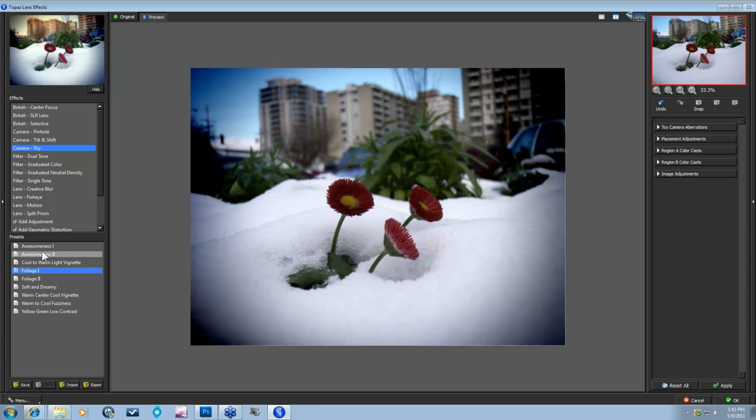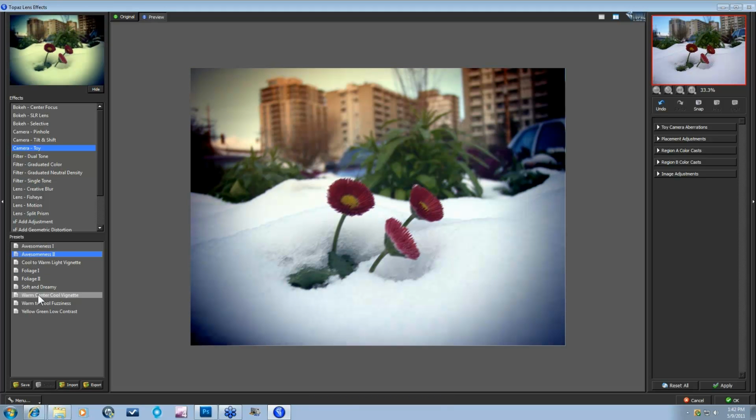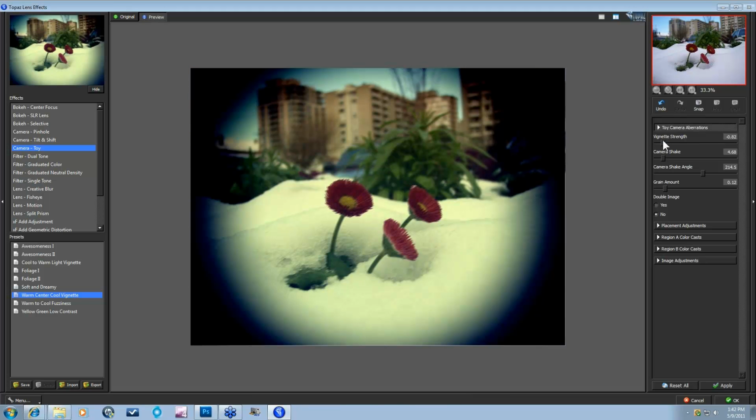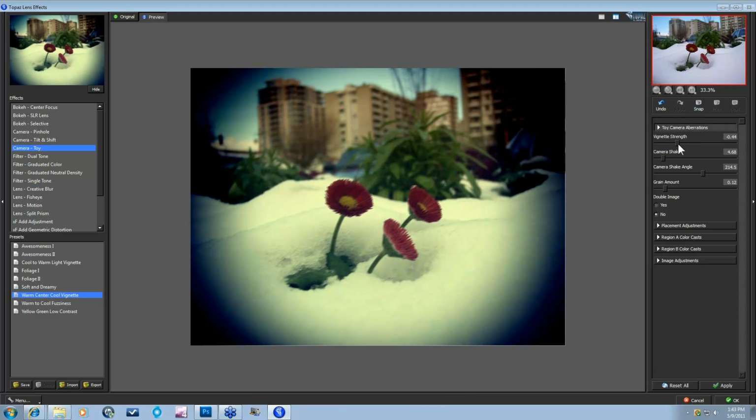So if you find something you like, great. If you don't and you want to work on it just a little bit, let's say we got to this warm center cool vignette effect, and you maybe want to increase the vignette or change the amount of blur that's going on here, just come over here into your toy camera aberrations, and then you have your vignette strength. You can move that around, make it darker, make it more extreme,